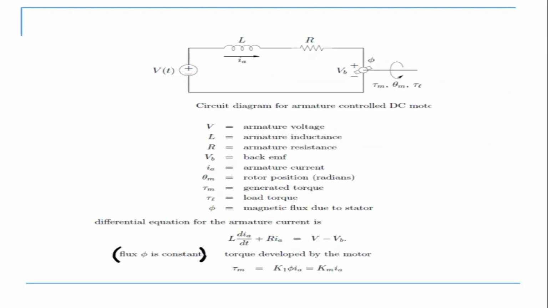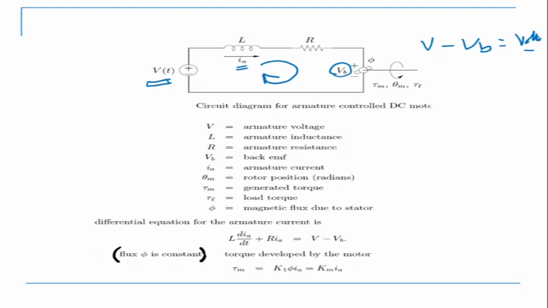Okay, so in the last class we said that when you are giving a voltage to the motor here, there is a current in the armature which is IA, and there is a back EMF which is generated because the motor is rotating. The motor rotor is rotating in a magnetic field, and hence there is an EMF which is generated there. Okay, so in the front direction there is a voltage V, and in the back to that there is a VB, which is the back EMF. So the total voltage in the system is V minus VB. So this is the total voltage on this armature now.